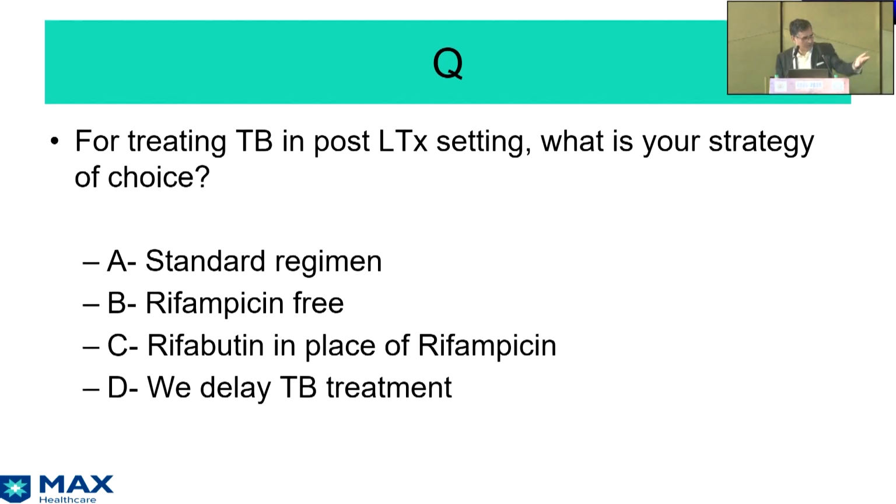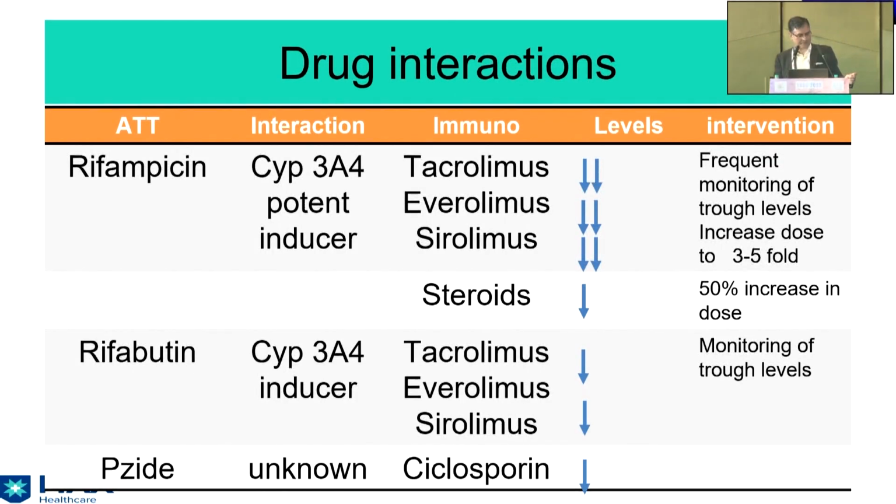Few for rifampicin free. So the clinical picture of tuberculosis post-transplant is quite difficult than the immunocompetent. Most of the cases are extrapulmonary TB or disseminated tuberculosis. So these type of patients should be treated adequately, and I think the standard regimen should be followed, where rifampicin should be there because it is the most effective ATT and it has the highest sterilizing activity. So all the regimen should contain 4 drugs, and pyrazinamide is the most hepatotoxic. So it's better to avoid pyrazinamide and continue with rifampicin, isoniazid, ethambutol, and definitely quinolones.